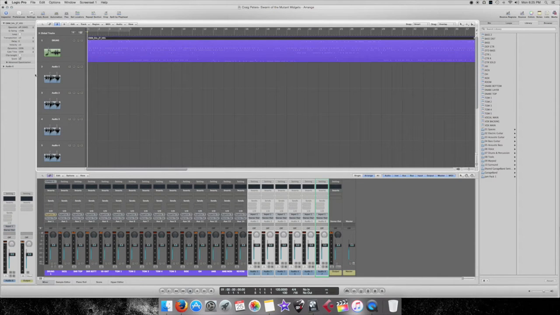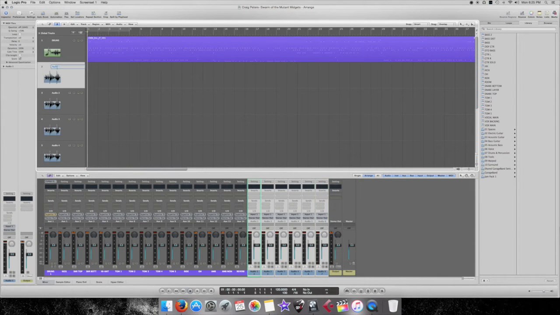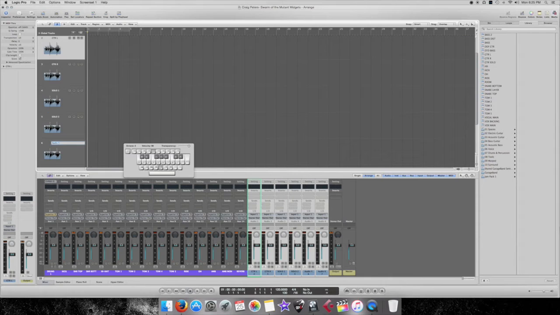Okay, let's name these: guitar left, guitar right, solo 1, solo 2, bass low, and bass high. Now, if you're wondering why I have 2 tracks for bass, it's because of something we'll do later